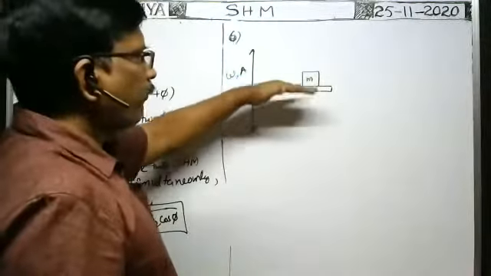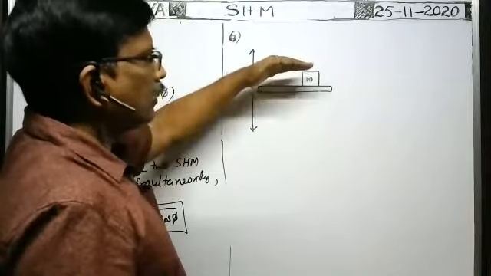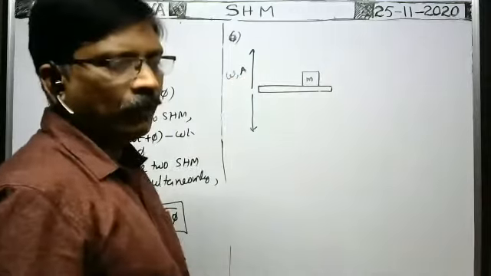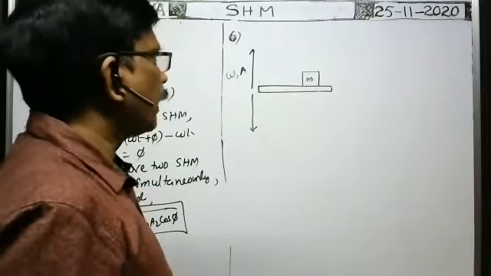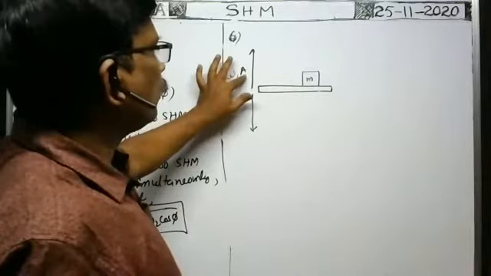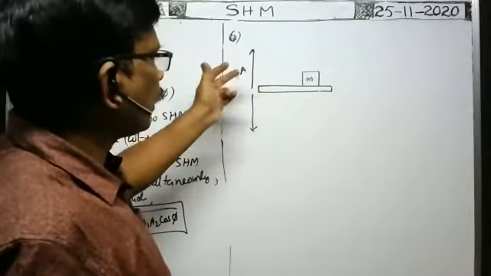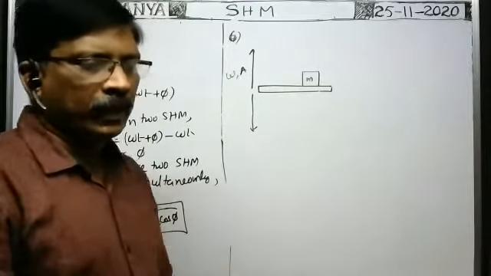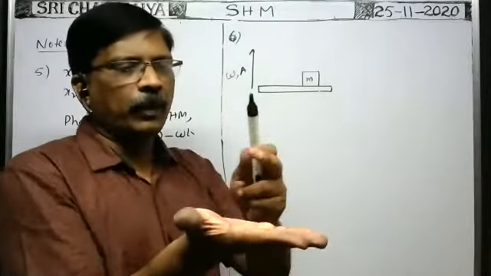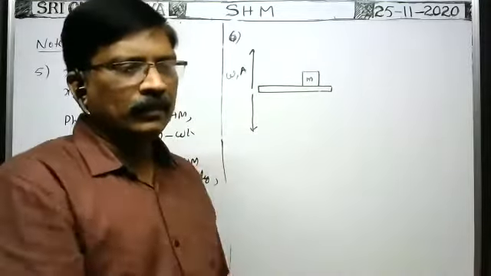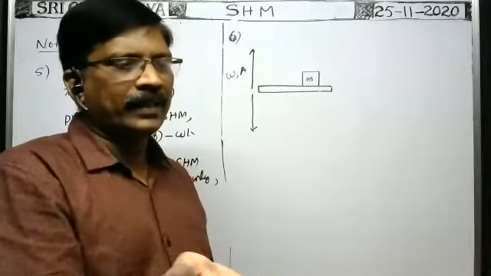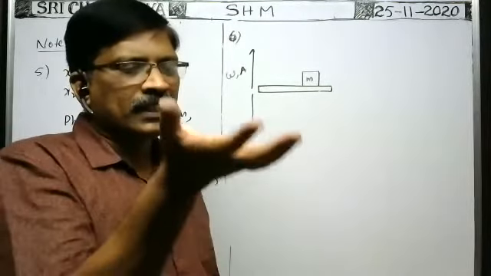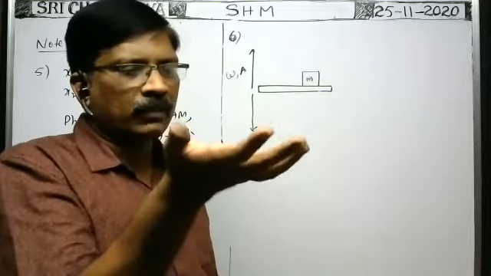While the plank is moving up and down, for the block not to lose contact with the platform, with what maximum amplitude can the platform oscillate, or with what angular frequency can the platform oscillate? Here, on your hand, you keep a body, and if you move up and down like this, suppose you gradually increase the speed, or when you oscillate with a certain amplitude, there is a possibility for the block to lose contact with our hand.